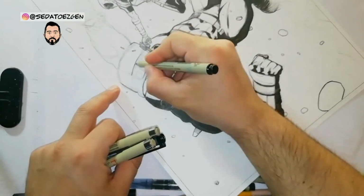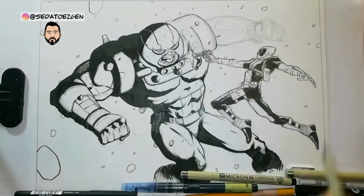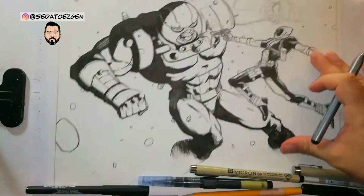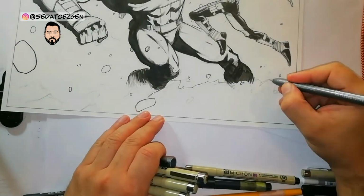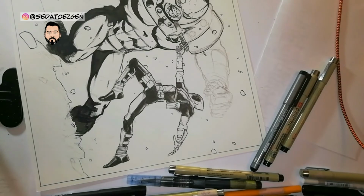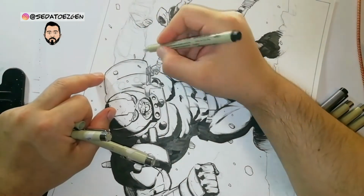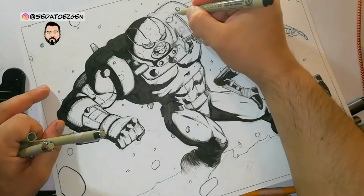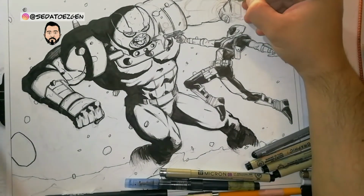Because if you compare Juggernaut now to Deadpool, you see that he's at least 3 times as wide as Deadpool, and at least 2 times as tall as him, and his arm is thicker than Deadpool's torso, which obviously wouldn't be the case in reality. Nobody's that big or nobody's that small, but